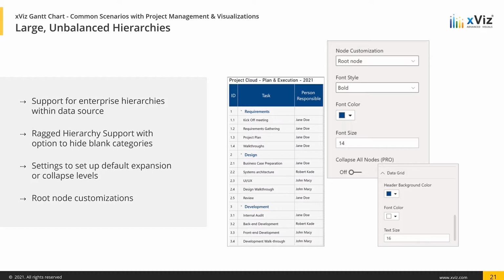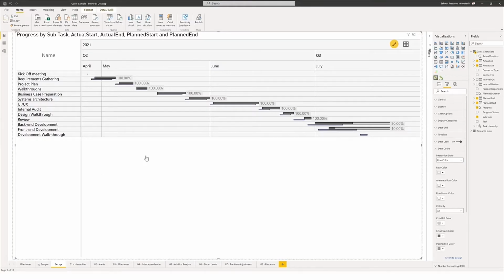The XVis Gantt chart has built-in support for both hierarchies as well as stacked columns or fields from your data set. So when you have related data coming in that needs to be presented in the form of a hierarchy, all you need to do is drag and drop the field onto the chart, and you should be able to view this on the chart itself. Based on how big or small your data is, you can even set up a custom level that the tasks are expanded to, and you can even customize the parent nodes or the child nodes separately for a better visualization. So we'll quickly jump back to Power BI and take a look at how this works in a live scenario.